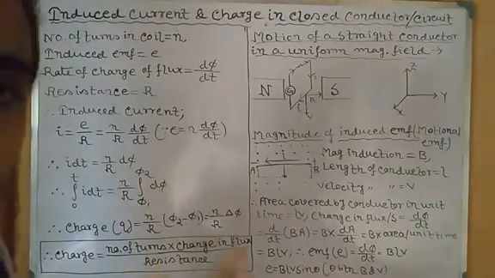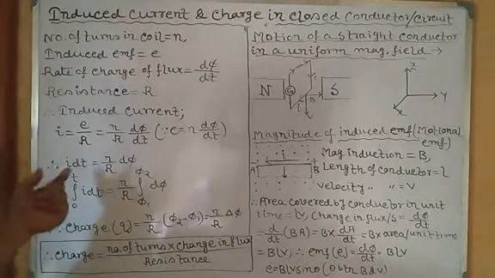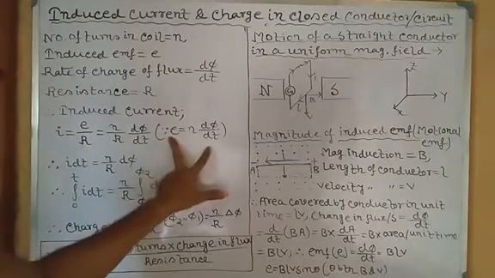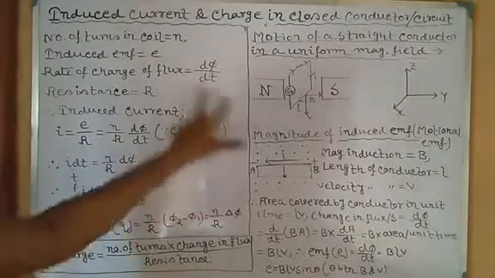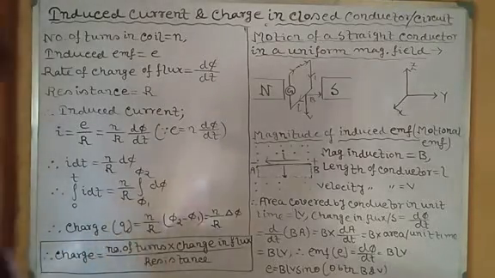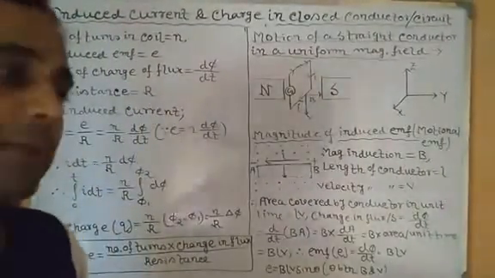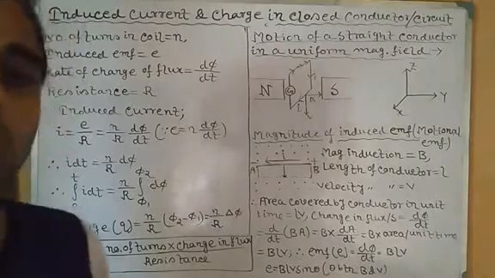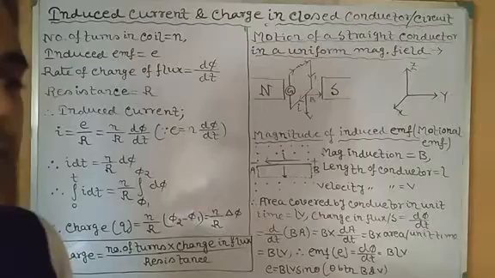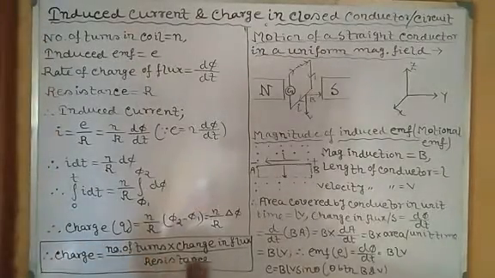This is the basic general expression of charge in case of induced current in the closed conductor in electromagnetic induction. But here something is to be noticed. We can see that current is dependent on resistance, but EMF is independent of resistance. Charge is dependent on resistance, but it is totally independent of time. It means whatever be the change of flux, it doesn't depend on how fast or slow the coil or magnet is brought closer and away from each other. How fast or slow the flux is changed, charge is totally independent of it.